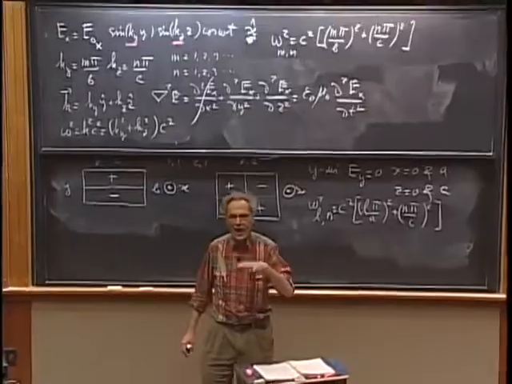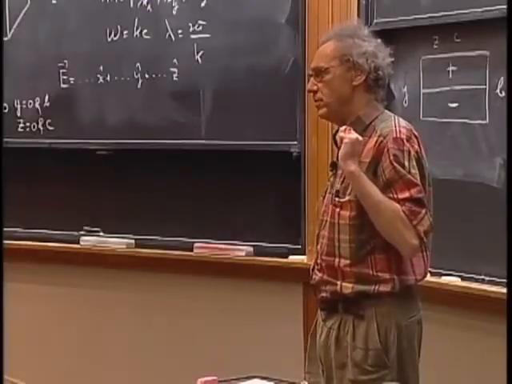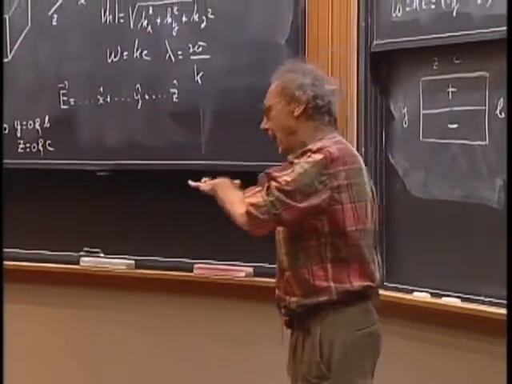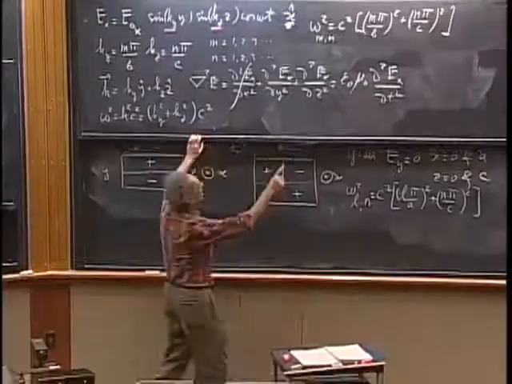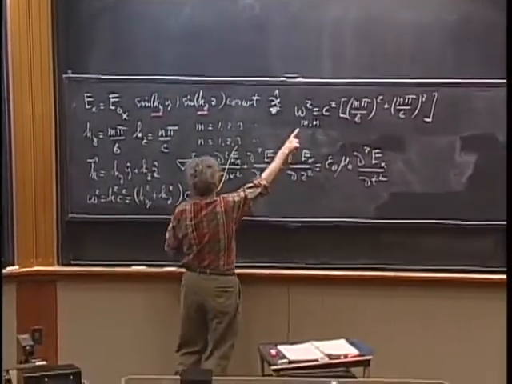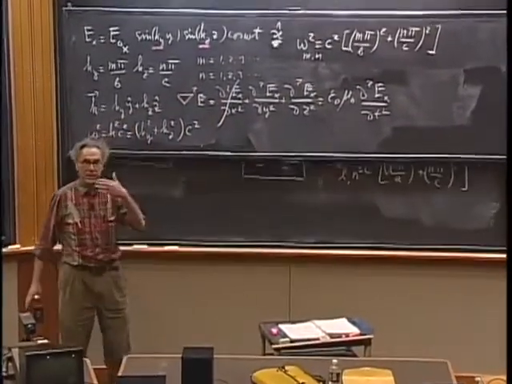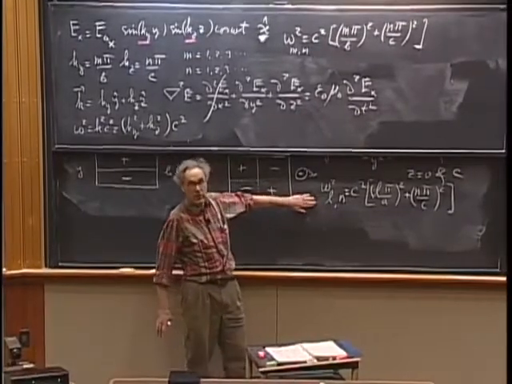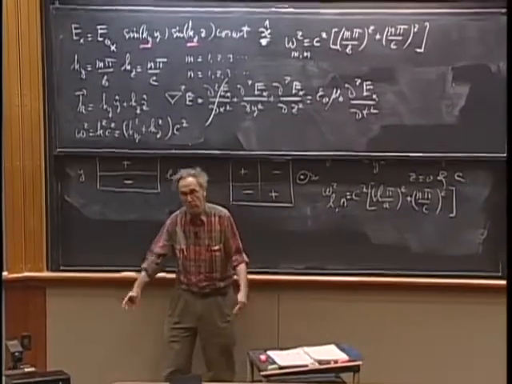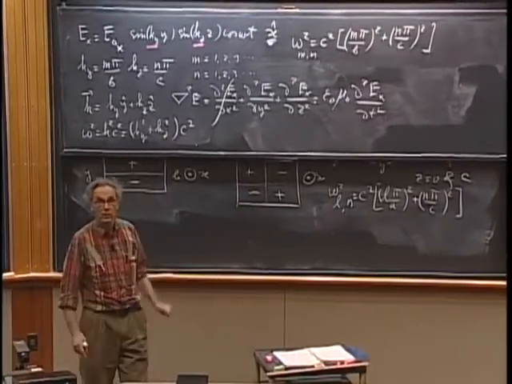And so if I had linearly polarized radiation in the x direction, it would have to obey this. I could have linearly polarized radiation in the y direction, which would have to obey this sequence of frequencies, and I could do one in the z direction,